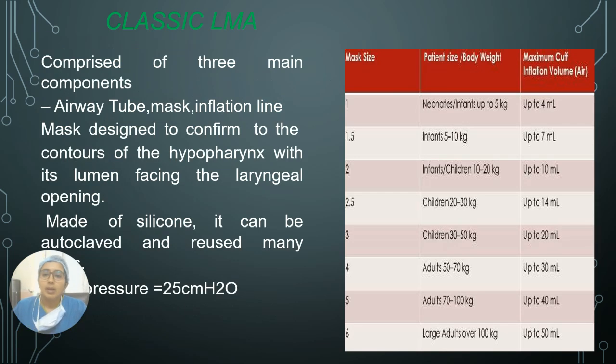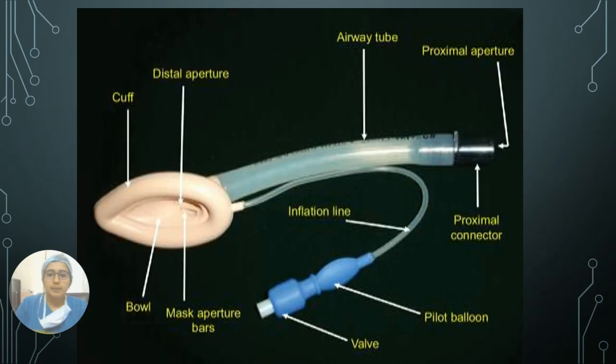Then we have the classic LMA, comprised of three main components: airway tube, mask, and inflation line. The mask is designed to conform to the contours of the hypopharynx with its lumen facing the laryngeal opening. Made of silicone, it can be autoclaved and reused many times. These are the sizes, which go 1, 1.5, 2, 2.5 up to 6. The maximum cuff inflation volume depends on the size, and it should be used according to the body weight of the patient. So this is the classic